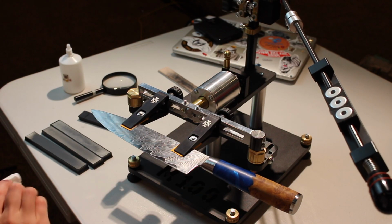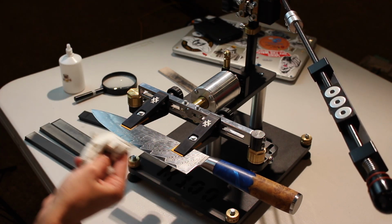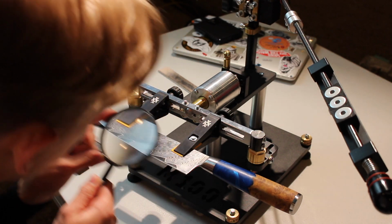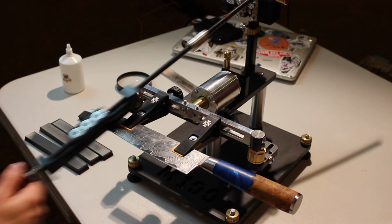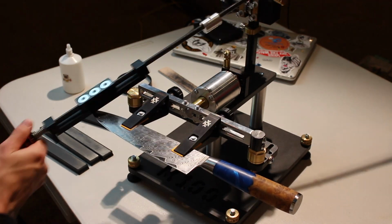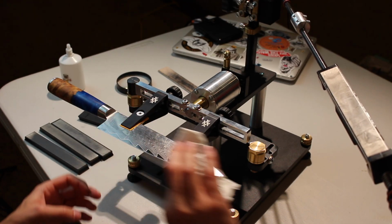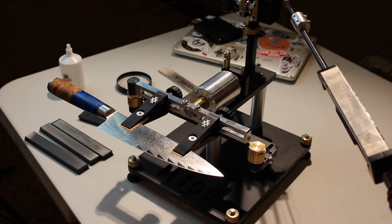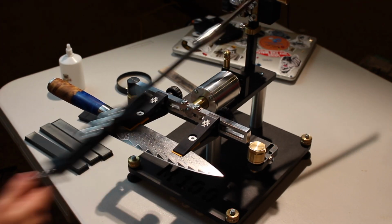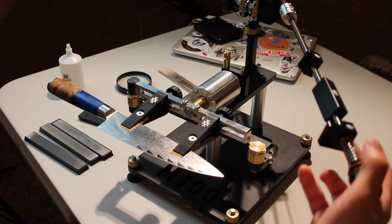And of course I want to check the condition of the 800 stone. Check the condition of the stone with my zoom lens. Yeah, it's very good. Let's go. Okay, let's go for the next one, and the last one is